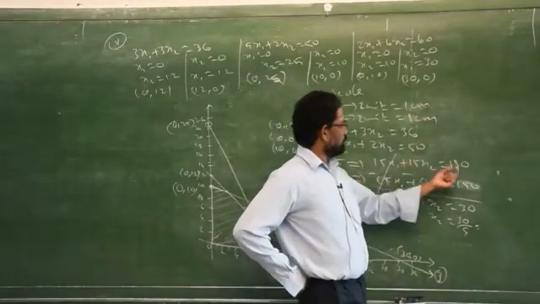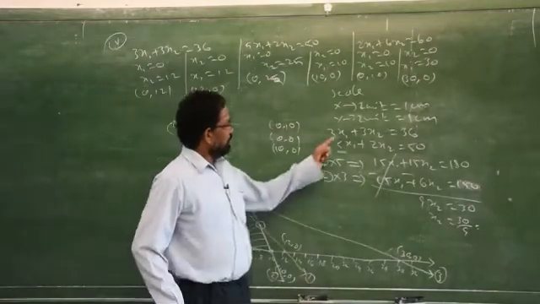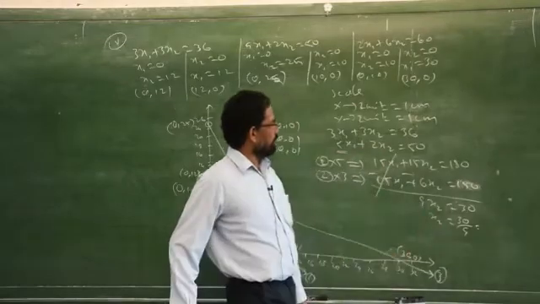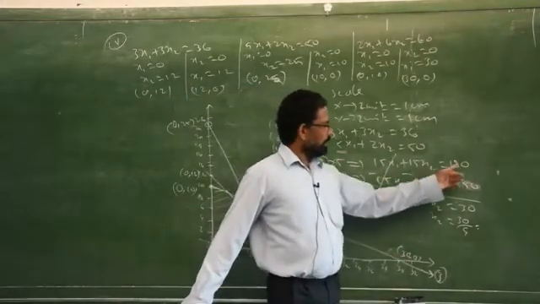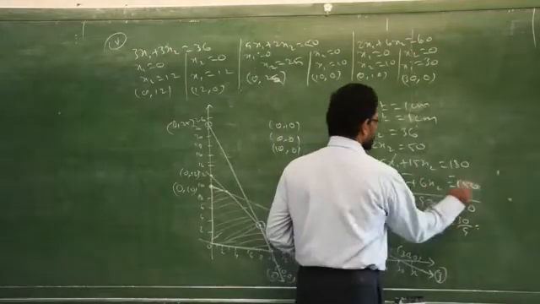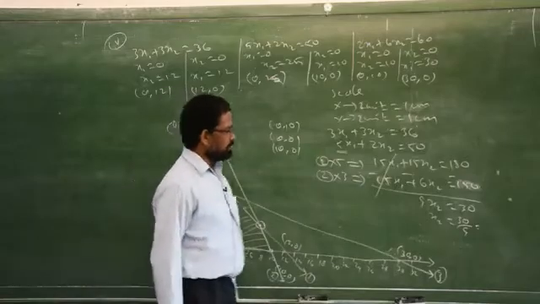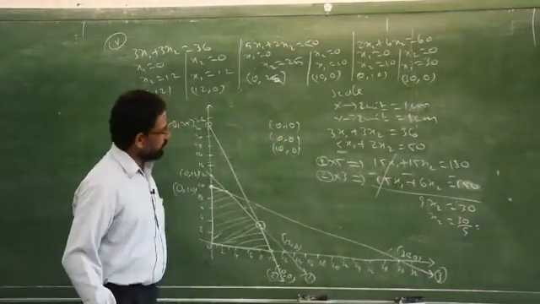15, that is 5 sixes are 30. 5 threes are 15. 15 plus 3, 18. Then you multiply this by 3 table. 15, 2 threes are 6. So you subtract 15 minus 6, how much? 9. 180 minus 150 is 30. x2 is equal to 30 by 9. Simplify, you will get a decimal value. Clear? So you have to write the decimal value.